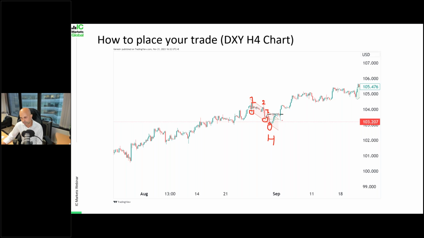And in this case, as price pulled back, you can see price pulled back pretty much exactly to where the left shoulder was, right? So remember, this low here is the left shoulder, this is the head over here, and then you can see this wick has actually dropped all the way down to where the left shoulder exactly is, and then before going higher. So you can see in this scenario, this was a more sustained move, going from, let's just say if I take the opening level of the candle, probably about 103.40 perhaps. So this is probably looking at about 105 here, so probably about 150 pips roughly, right?